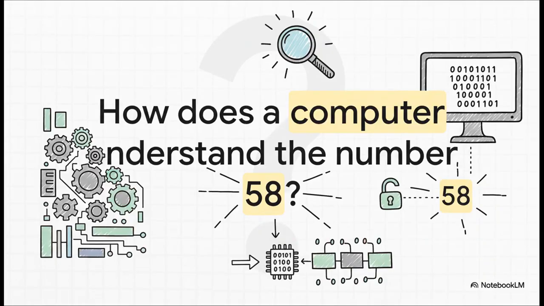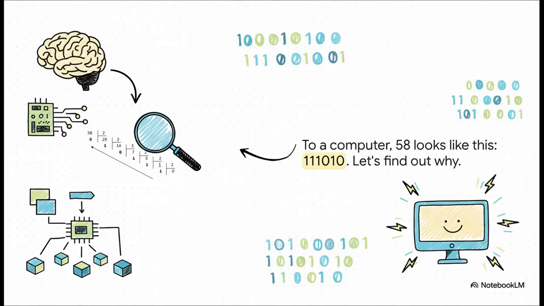All right, to kick things off, let's just pick a number. Something totally normal, a number you wouldn't think twice about. How about 58? To you and me, it's just 58. Simple. But to a computer, it's like a secret message. So what's the big mystery? How in the world does a machine see that number? Well, to a computer, 58 looks like this,